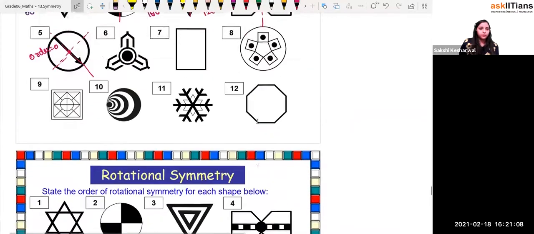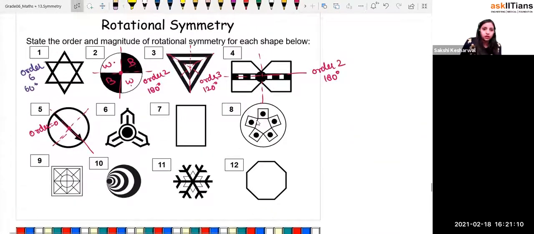Yeah, none. Now just see over here. If you see this is 1, this is going to be 2, and this is going to be 3. So you see that it is dividing into 3 equal parts. So it means if you rotate this by 120 degrees, after 3 rotations it's going to come back. So the order is equal to how much, beta?